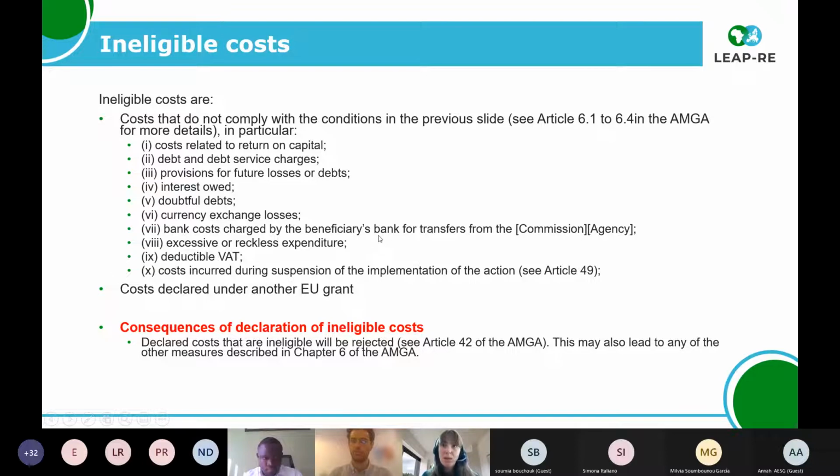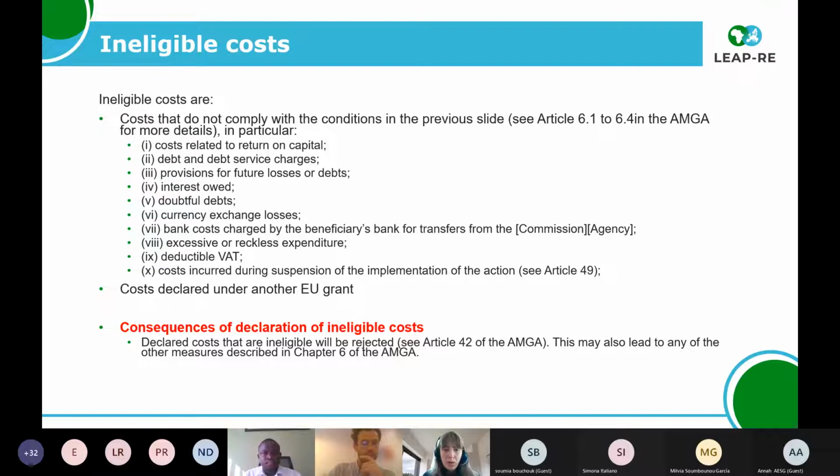So if you make expenditure that we can't justify with respect to the project, then you should be careful and check with the coordinator and the Commission whether this is excessive or reckless. Because if it is the case, then it is not eligible. And also, you cannot incur costs that you have made under another EU-funded project or any other project that you